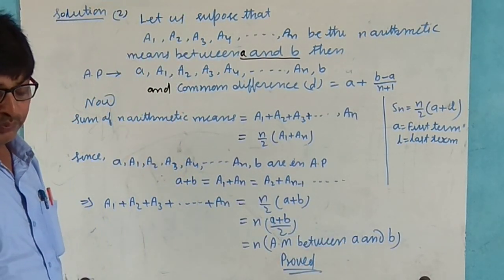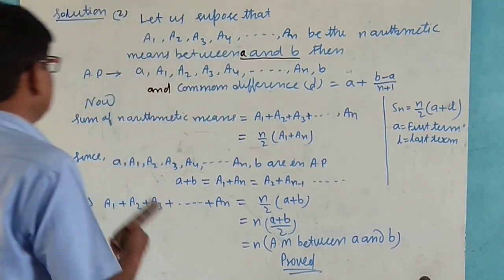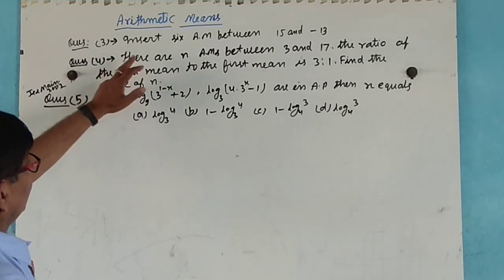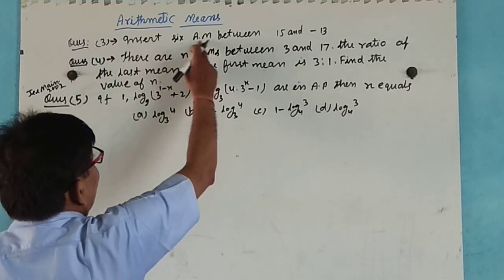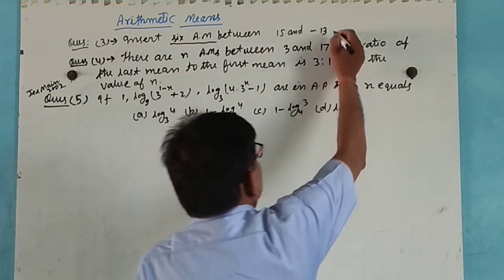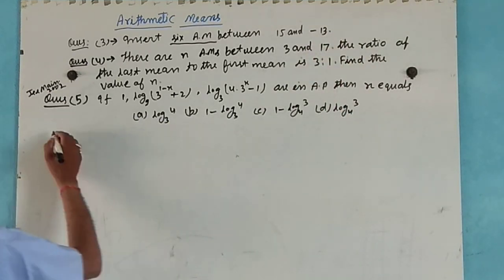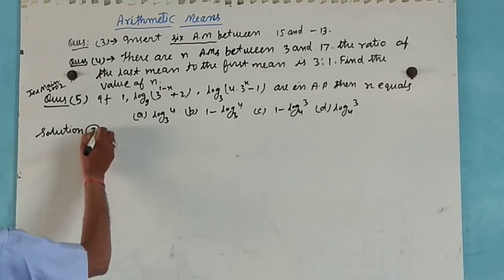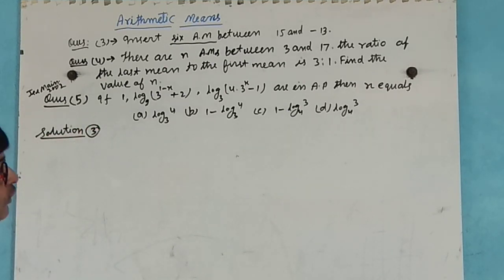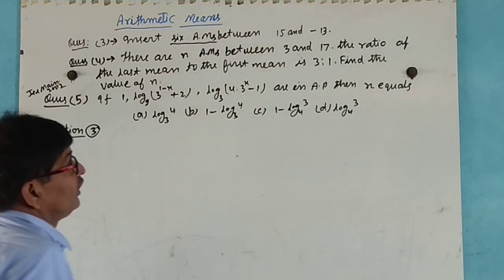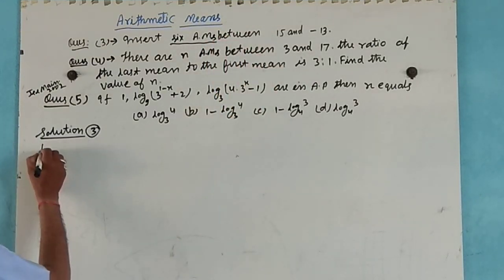Now we see the next problem. Question number 3: insert 6 arithmetic means between 15 and minus 13. Solution. First of all, we calculate the 6 arithmetic means between these. Let us suppose that